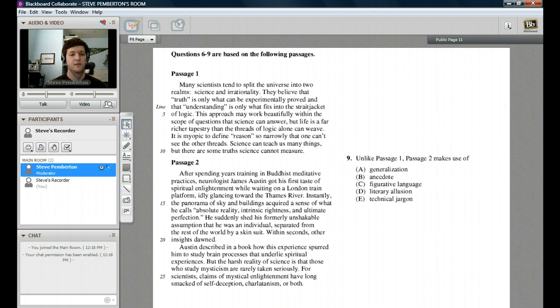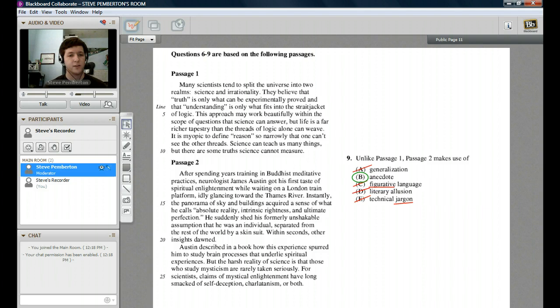Let's consider the answers. Generalization, they both seem to make generalizations, talking about scientists in general. Anecdote, it's like another word for example, so that could work. Figurative language, there's no really figurative language in either of them, so not really. Literary allusion, certainly not alluding to anything. Technical jargon, there's no jargon anywhere. So it would have to be B, and that's what we kind of predicted. So this is how we'd want to approach